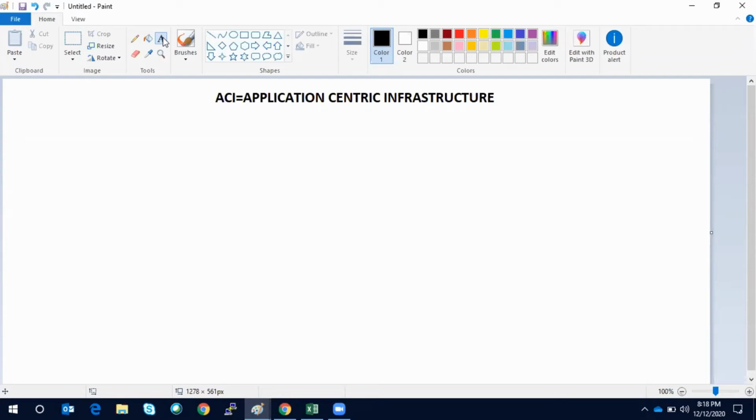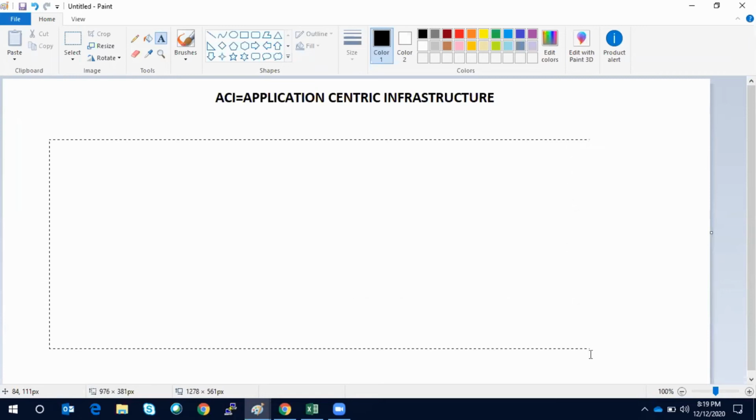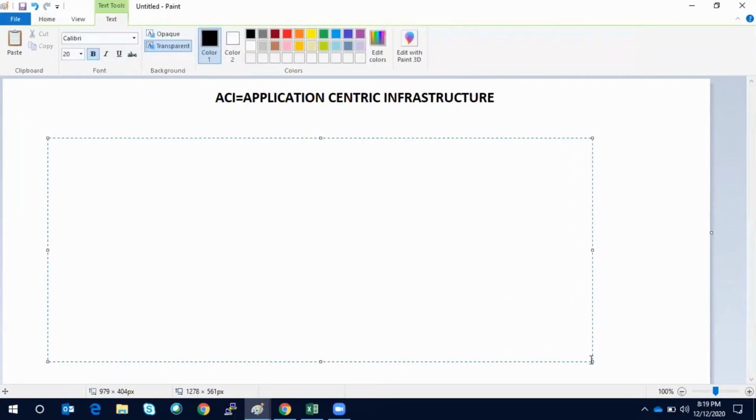But let's first understand why we bring ACI when we were doing very well with the traditional one. If we talk about traditional networking, it is a 3-layer: core, distribution, and access.